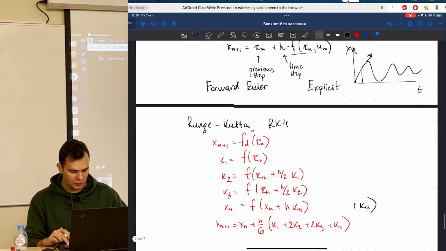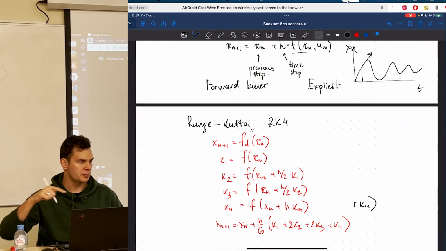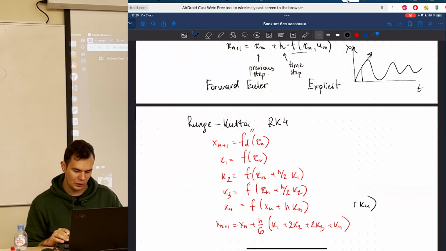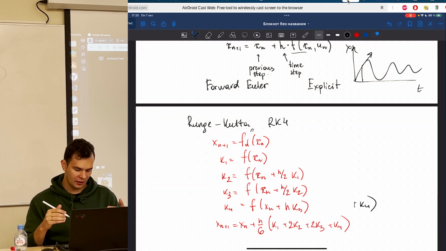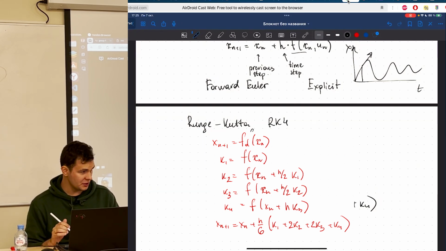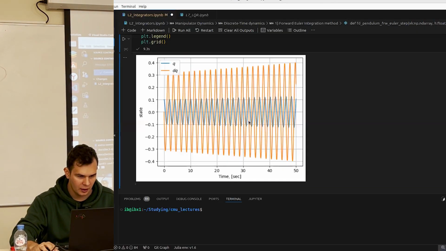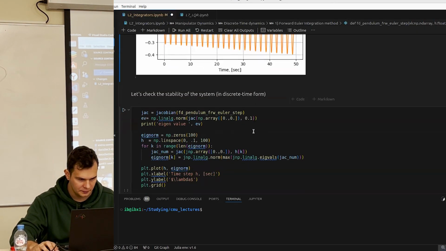As for Runge-Kutta, it fits not a linear but a cubic spline, and this is why it looks so nasty, but it's very precise. If we go to the example that we just had,